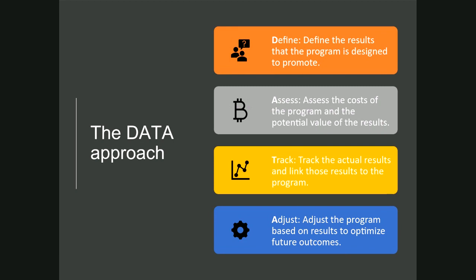Right? If something's working well, do more of it. If something's not working well, do less of it. If you don't adjust the program, you just do the same thing over and over and over again, well, what good is that? The beauty of it is that you can change on the fly and make things better if you keep track of things. If you don't measure it, it's not important.